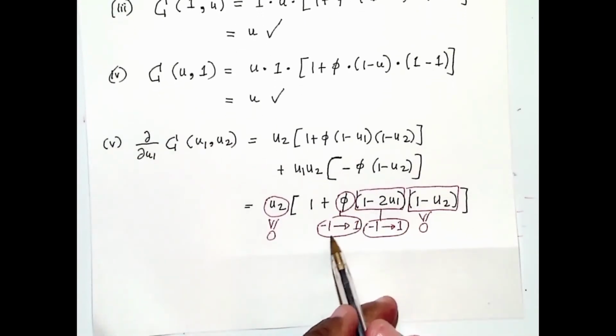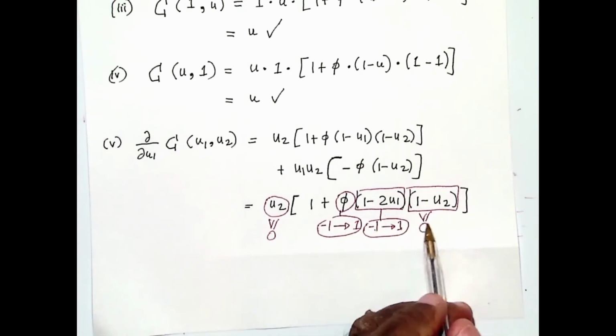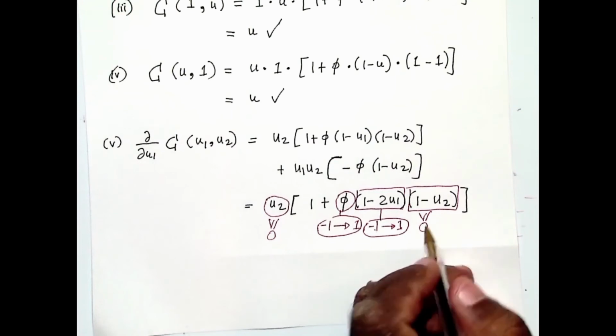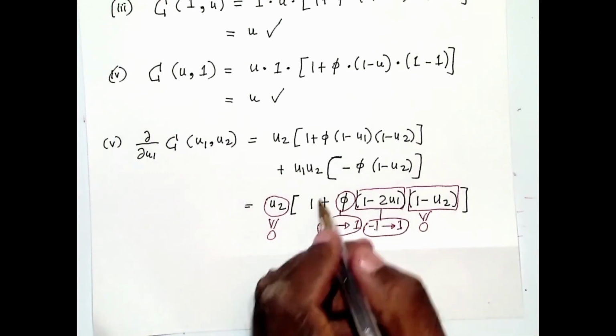The first term goes from minus 1 to plus 1. The second goes from minus 1 to plus 1. The third term is greater than or equal to 0. Right? Actually, it takes values between 0 and 1, right? The third term. Okay, so the product of the three terms,